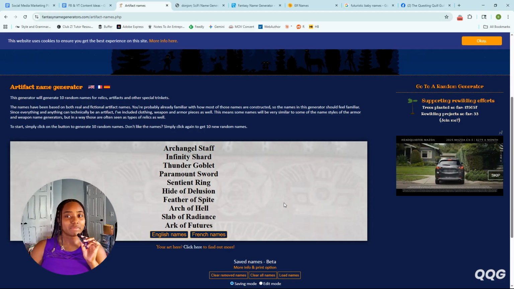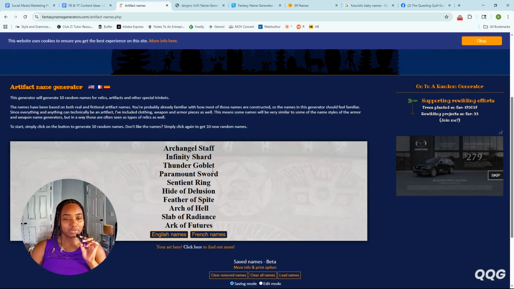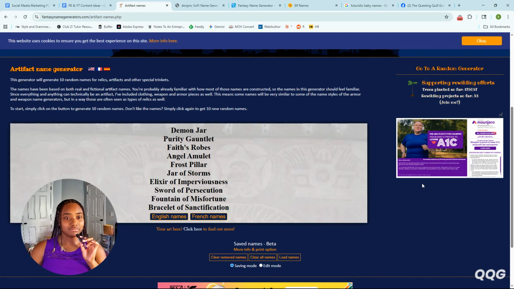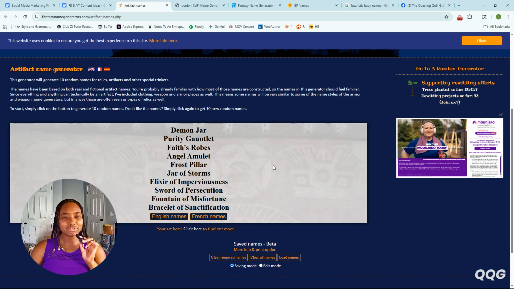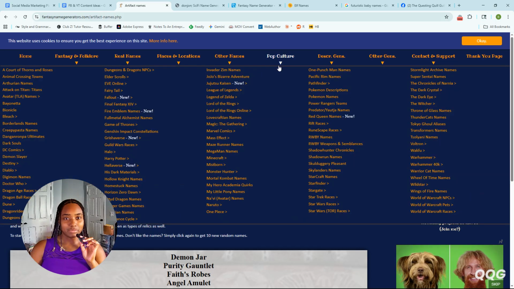I can imagine a lot of writers coming here not even to name something specific right away, but even coming here for an idea as to, for example, an artifact. You know that you want your characters to seek out an artifact, but you're not sure what artifact you quite want. You can come here and look at the options and keep generating names until you find one that's like, oh, you know what? I want it to be an amulet, or let me do a jar of storms, and obviously you can rename it. Not all names are amazing, but that's what the repopulate button is for.